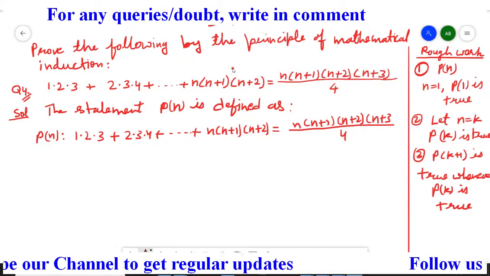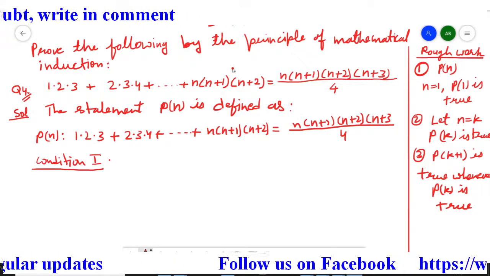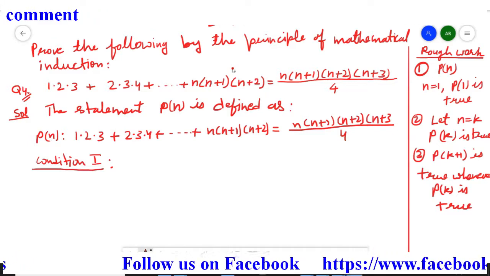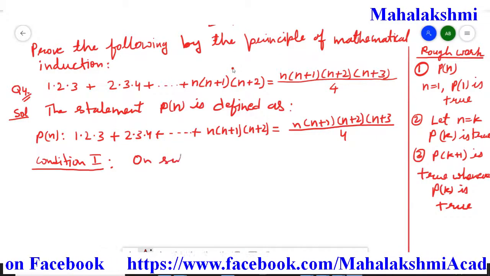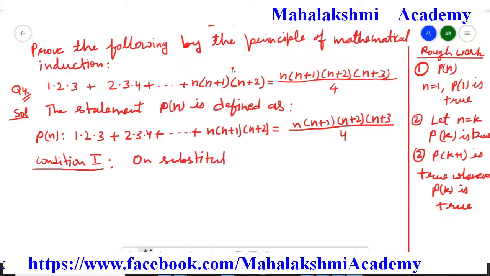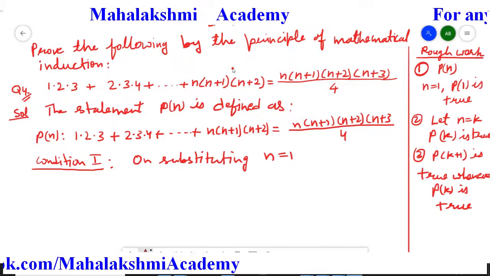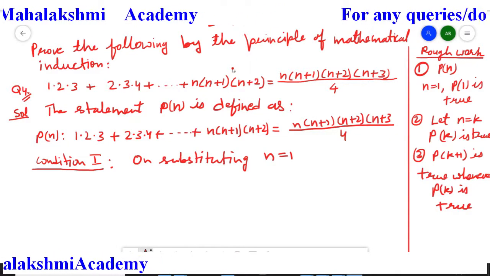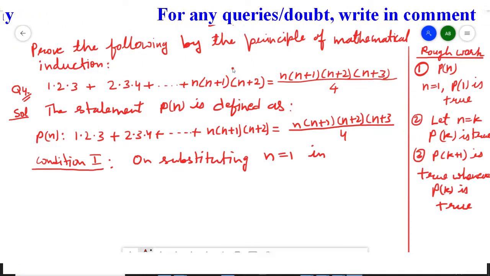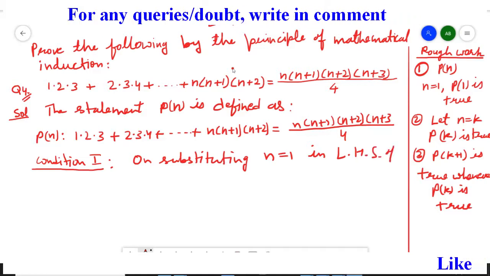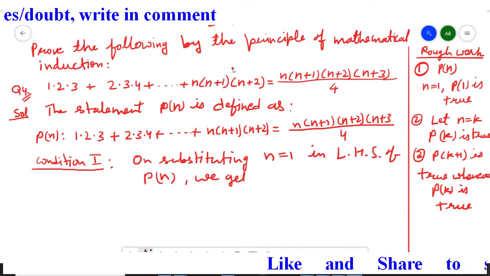Now we have to start the first condition, to prove the first condition. In the first condition, we will take n equal to 1. So what is the first condition? For n equal to 1, P1 is true, we have to prove. So on substituting n equal to 1 in the left hand side of the Pn statement, we get